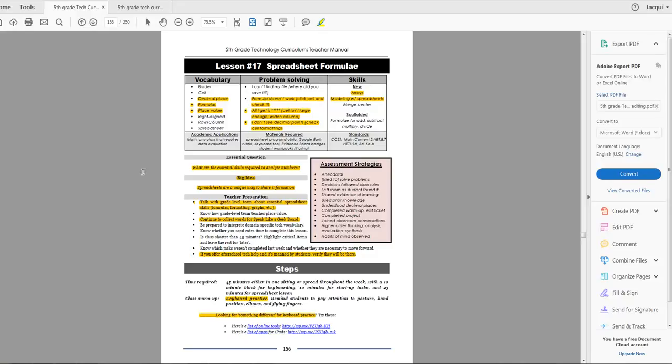If you've been following this curriculum since kindergarten, maybe 1st grade, they have used spreadsheets a lot. So this should not feel foreign to them. As a matter of fact, you want to ask them to transfer the knowledge from prior years to this lesson. So you're not going to start at the beginning reteaching everything there is about spreadsheets. You're going to expect them to remember how they did it.